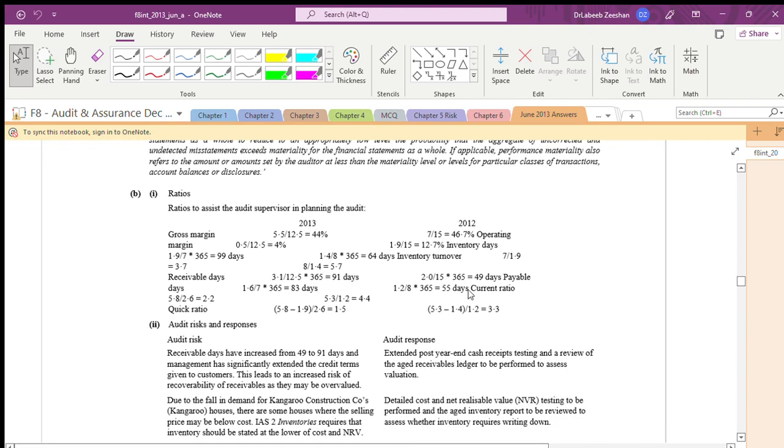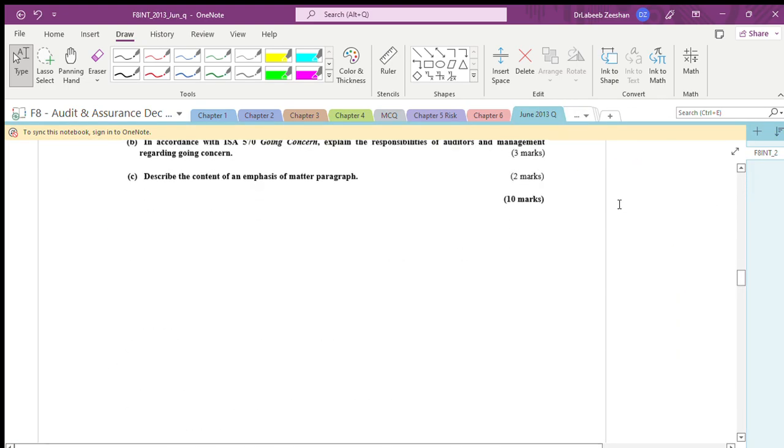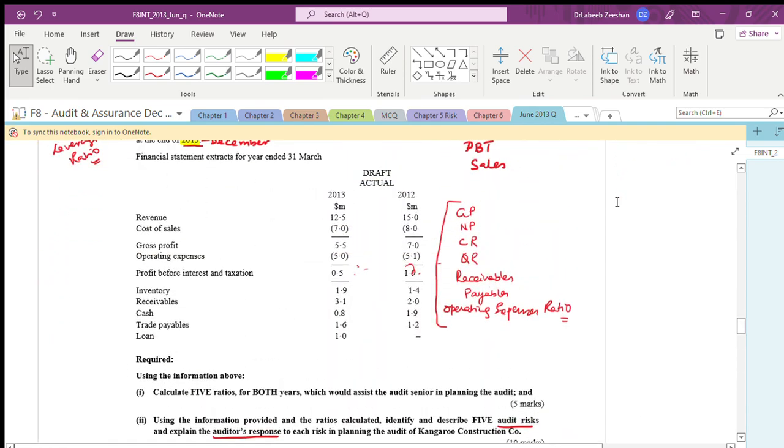What they have calculated, see, that is the most important thing. First we have to identify within the source. Within the source we have identified gross profit, net profit, current ratio, quick ratio, receivables, payables, and operating expenses. Now based on that,